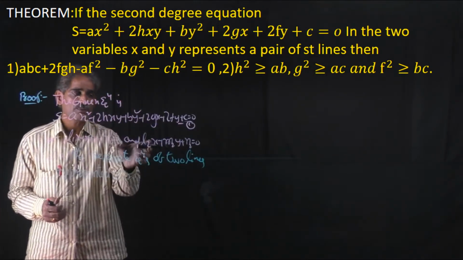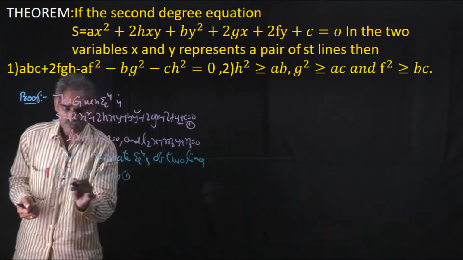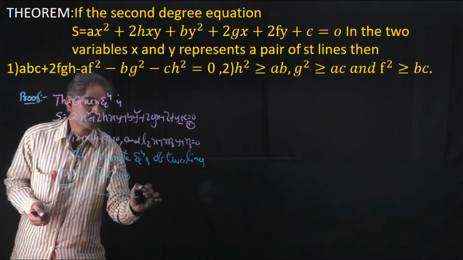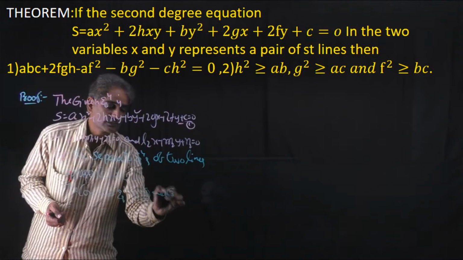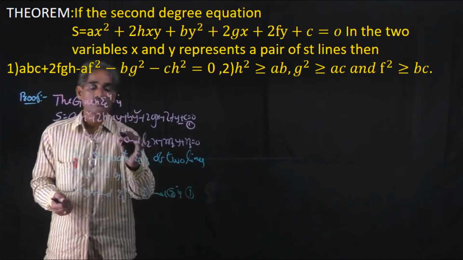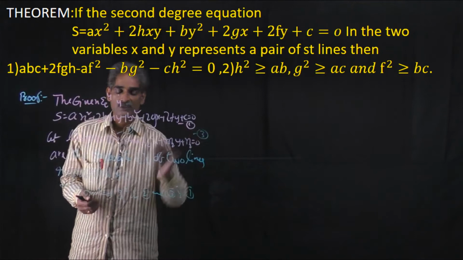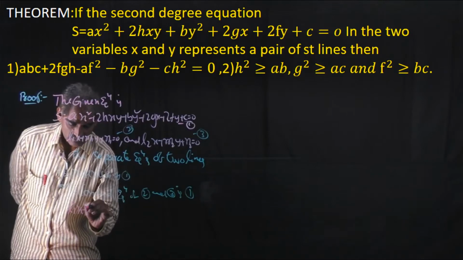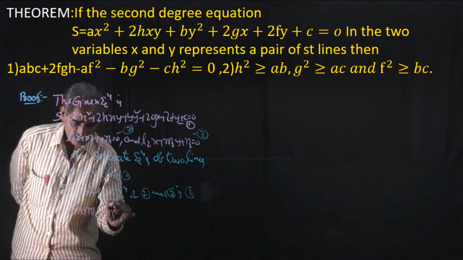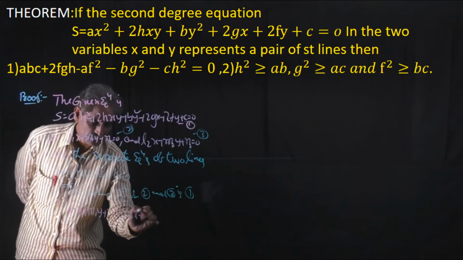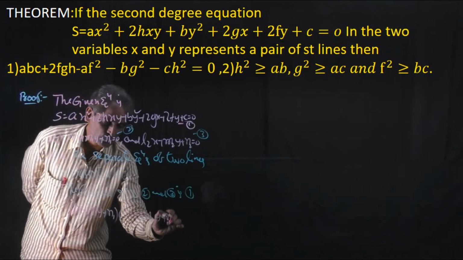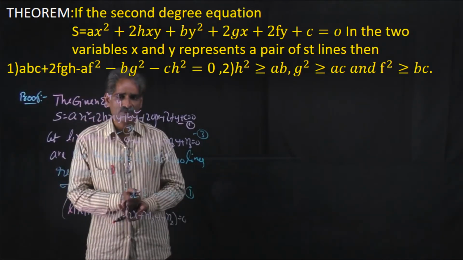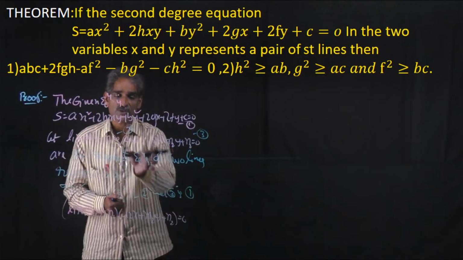So the combined equation of these two is nothing but 1. Now the combined equation of 2 and 3 is equal to 1. Let us take this is 2 and this is 3. Now what is the combined equation? L1x plus M1y plus N1 into L2x plus M2y plus N2 equal 0. The multiplication of those separate equations is nothing but the combined equation. So this is the combined equation of these two.